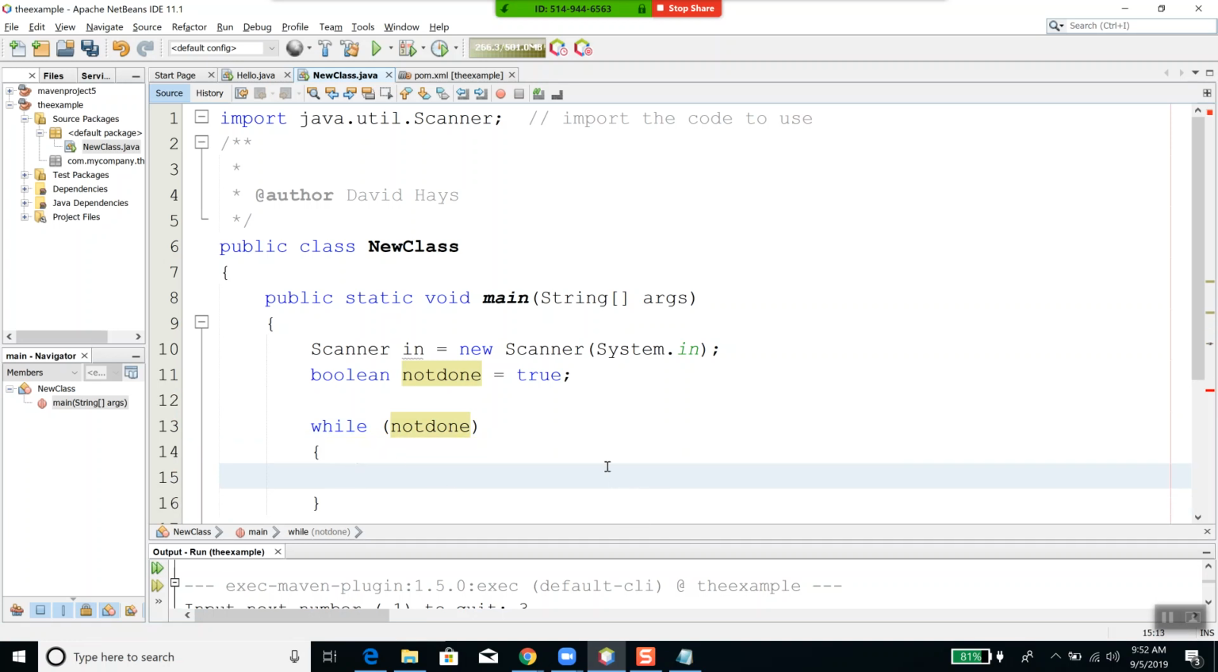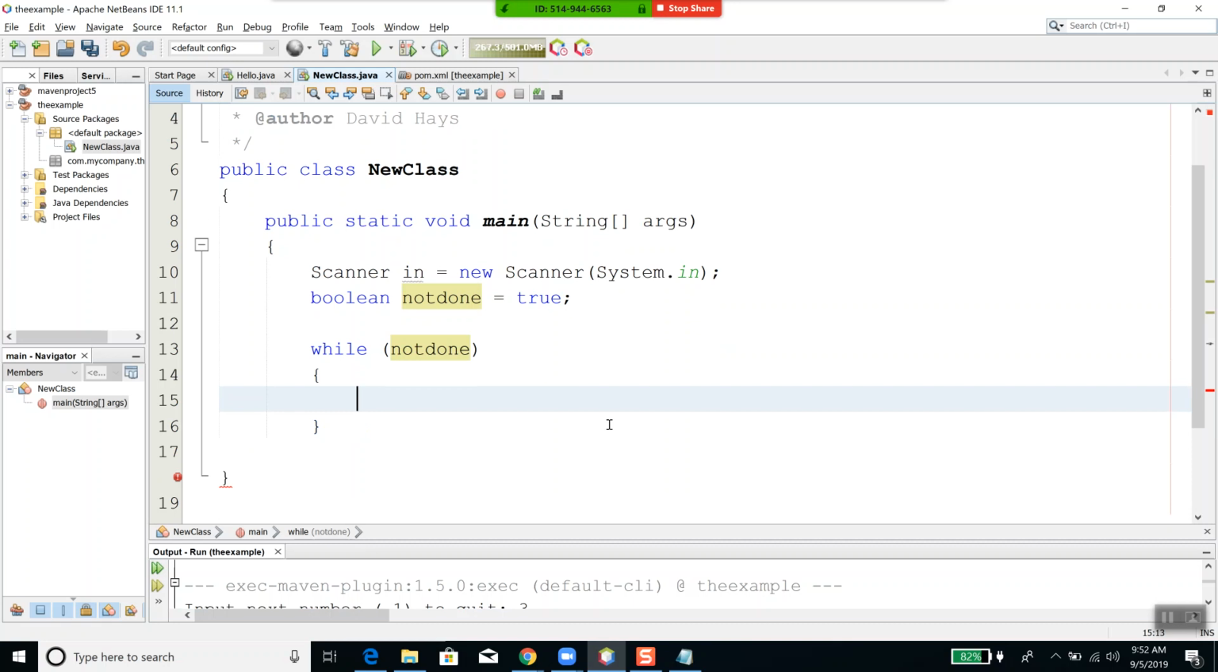Like that. And I want to print a menu of some sort and then ask them for input. So I'm going to say, and the part I don't know how to do is how to clear the screen. Maybe there isn't any way. But I'm going to say